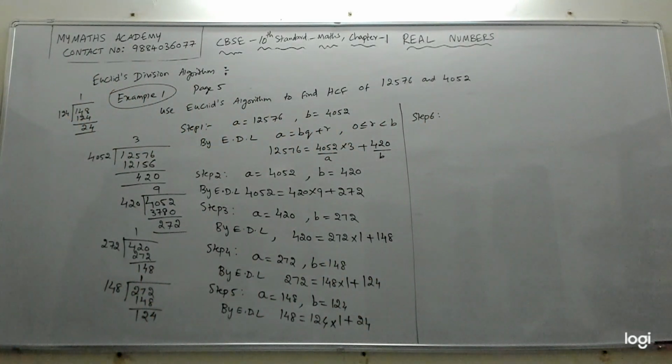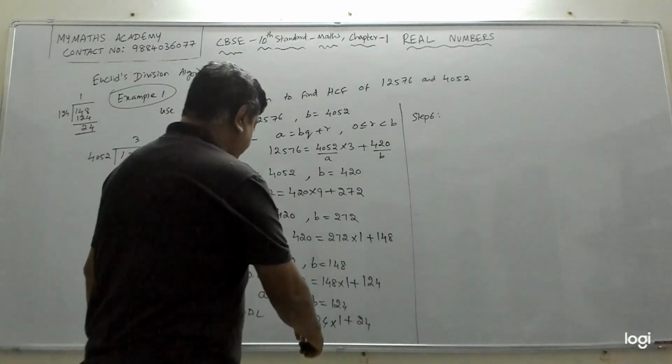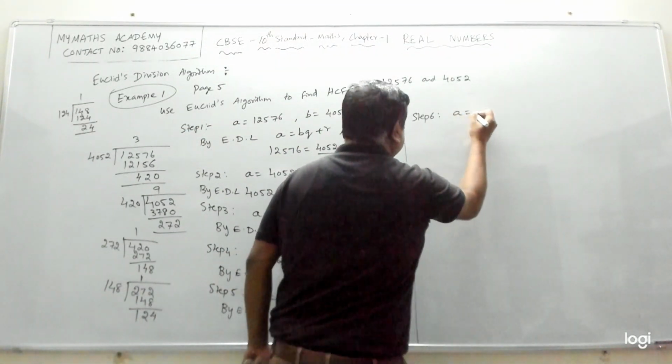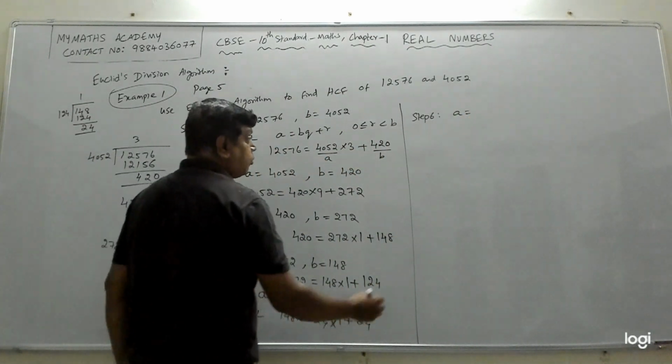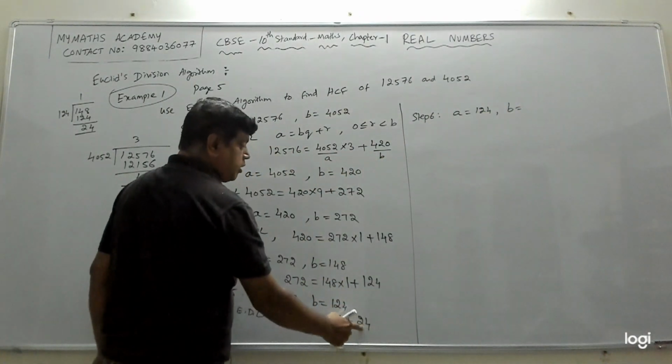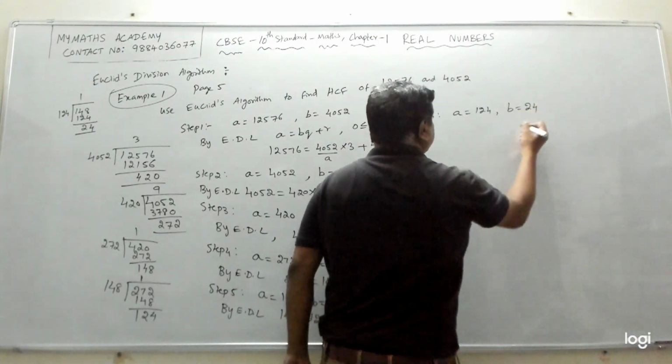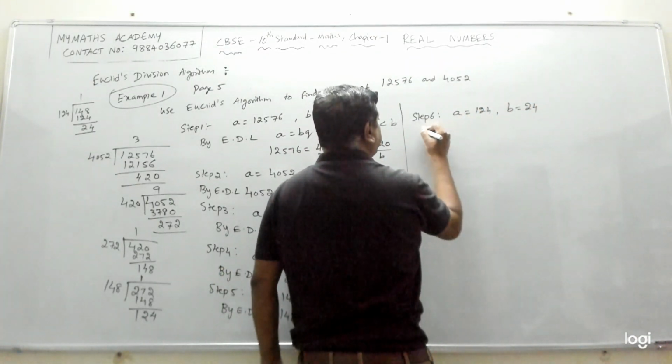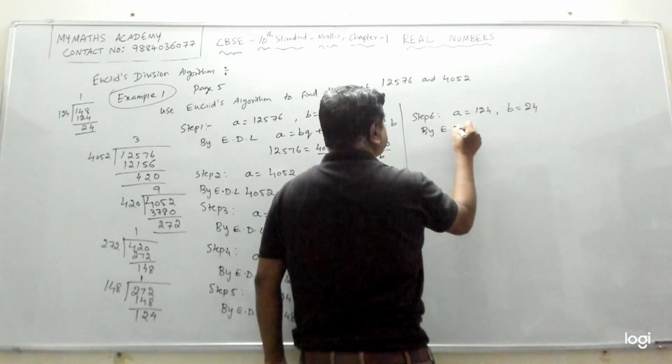Clear? So what is our step 6? Step 6 is we have to take your A as the B, which is 124, and your new B is equal to the remainder 24. Now again apply Euclid's division lemma. So by Euclid's division lemma,